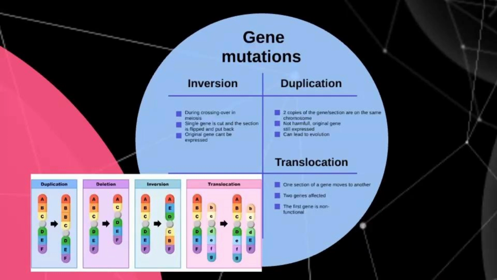Similarly, we can have duplications. So a duplication is where two copies of the gene or the section of the chromosome are present on the chromosome. In this situation, whereas before you might have just had one copy of this gene on the chromosome, now it's been duplicated and both copies are now present. So this actually doesn't normally cause any harm, as the original gene can still be properly expressed,